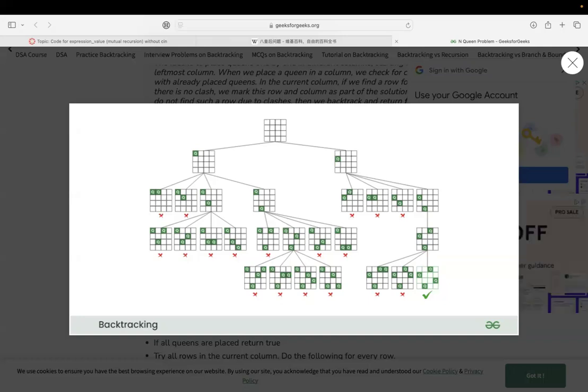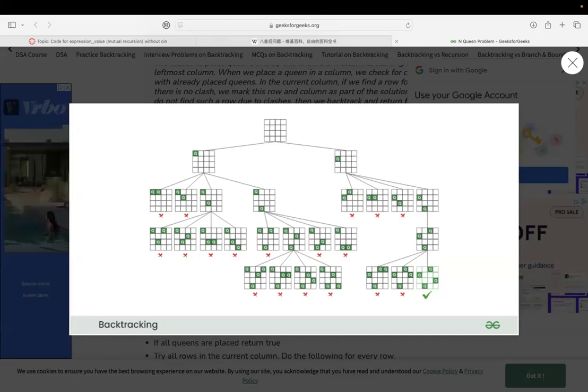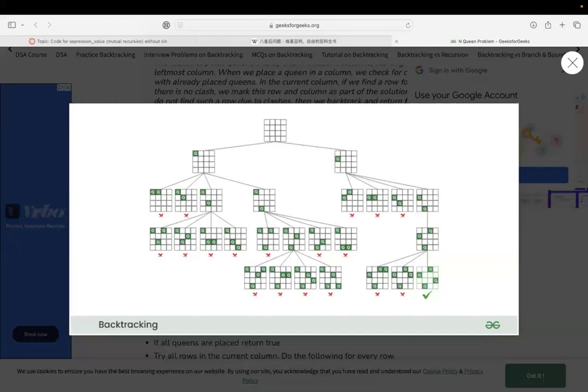And how to make the problem smaller? Assuming we can solve the problem nq1, right? This is the range from the current column to the last column. This is the problem we are trying to solve. And we are trying to solve from 0 to the last column, the number of columns, right? 0 to n. We are trying to put queens for all these columns. And assuming the problem becomes smaller, we are trying to solve 1 to n columns, right? Assuming we have a solution for this,